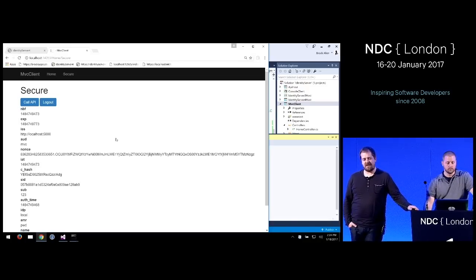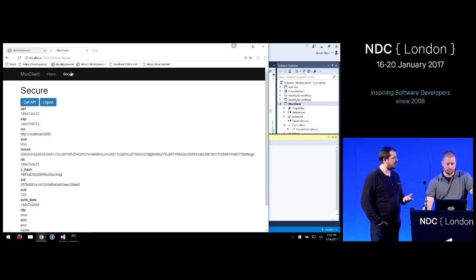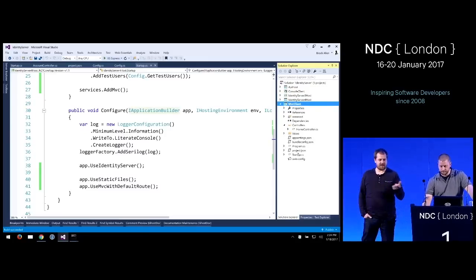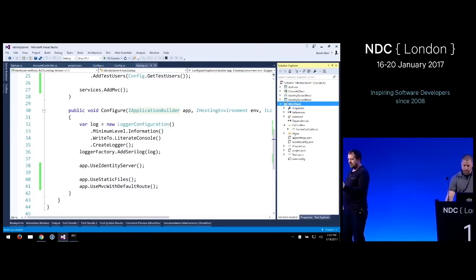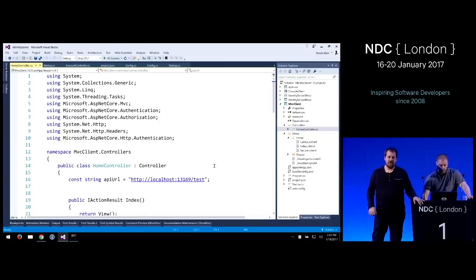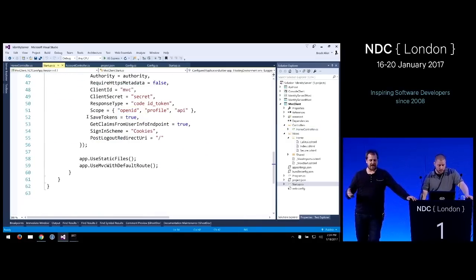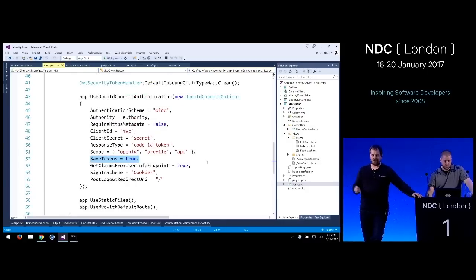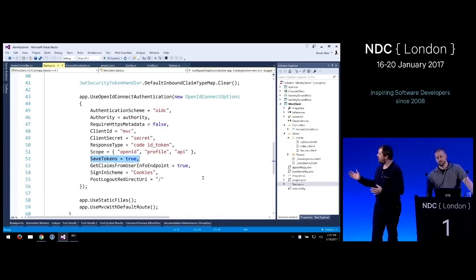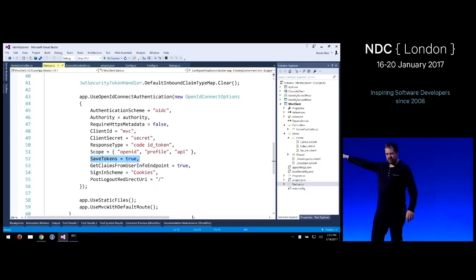So another thing that has changed. You want to quickly show how you actually get the token now in ASP.NET Core? Yep. Because that's not an IdentityServer change, but an ASP.NET change. Yeah. So in Katana, you had to write quite a bit of code to handle various events of the OpenID Connect middleware, get the tokens from the request, and store them somewhere, and contact the user info endpoint. And these are now all built into the new middleware.